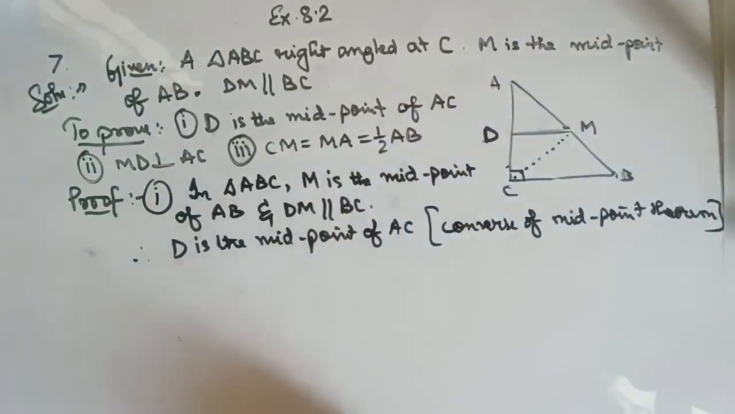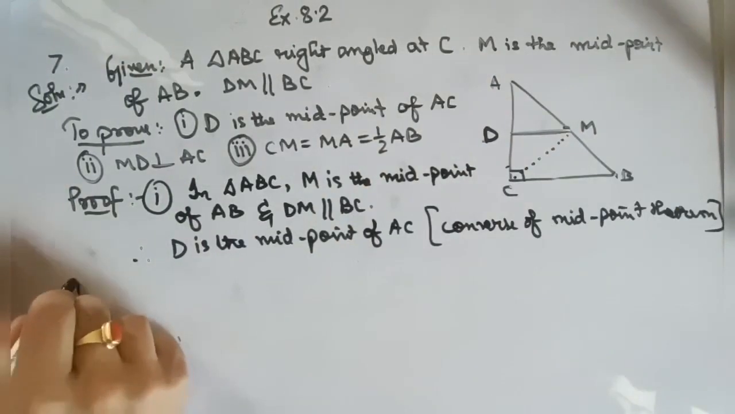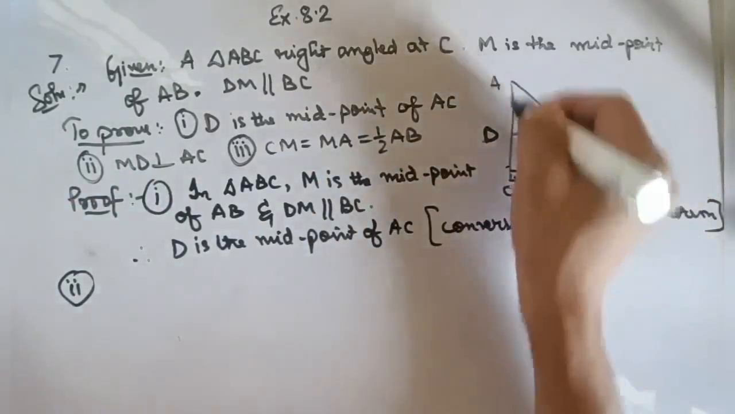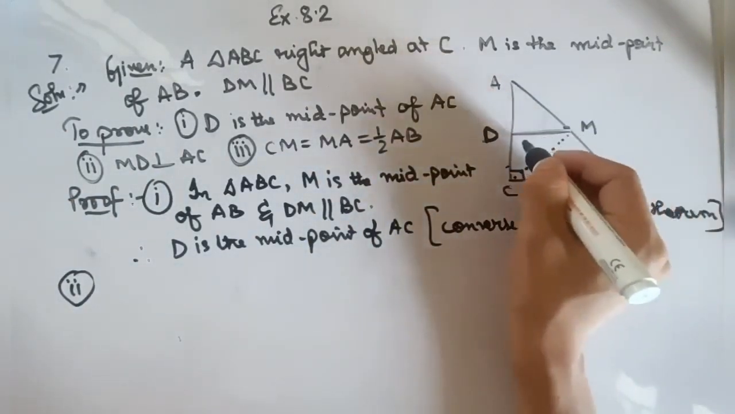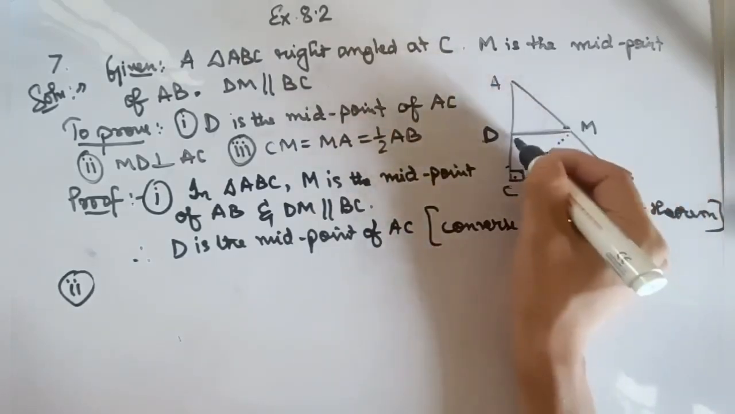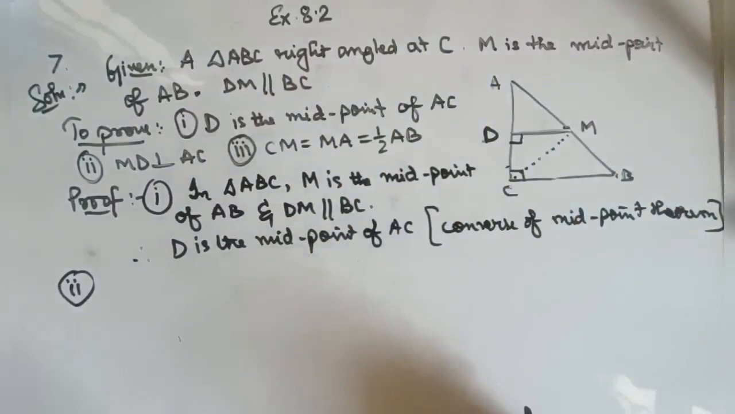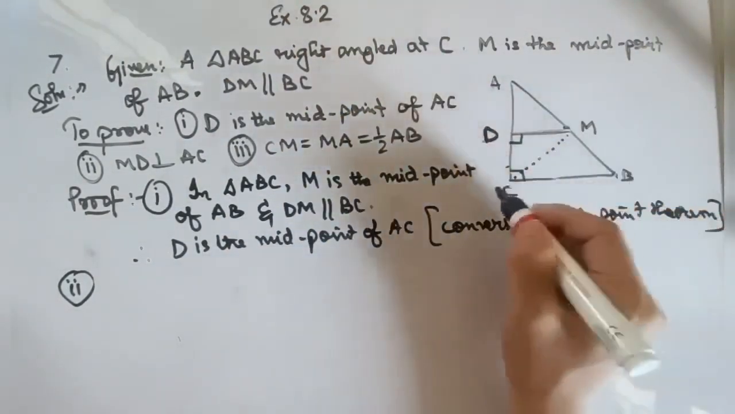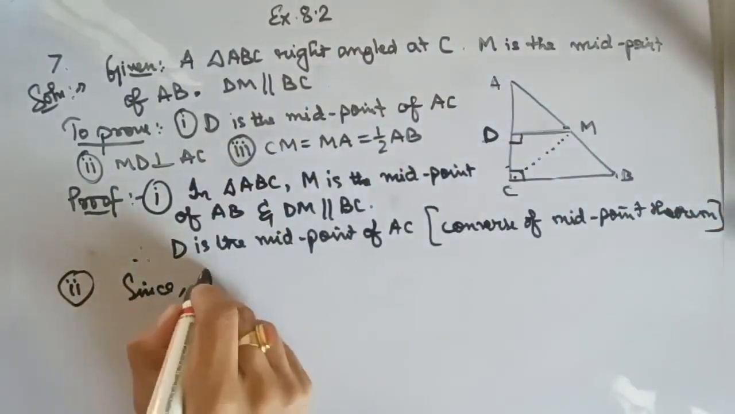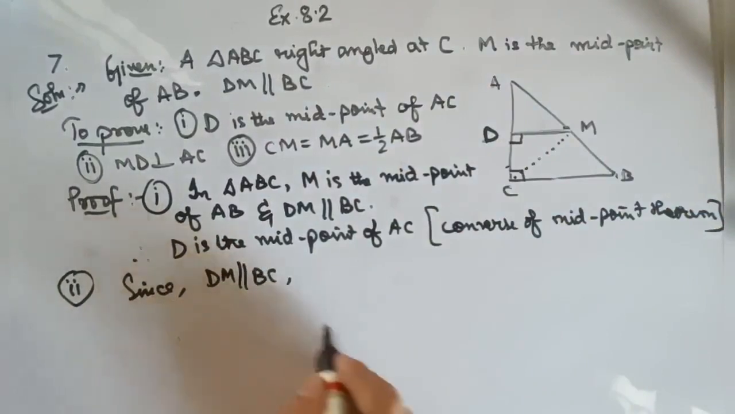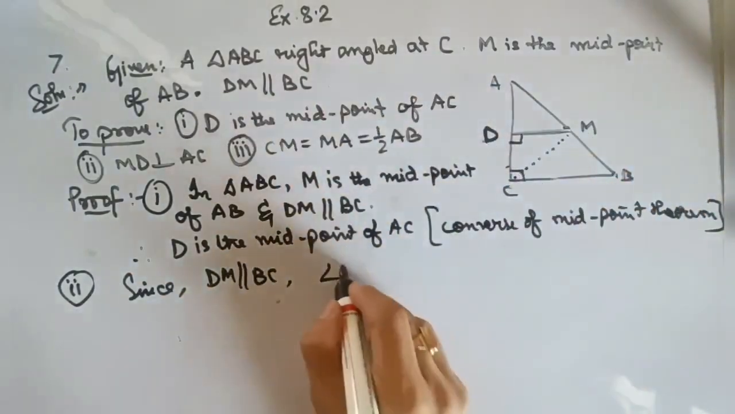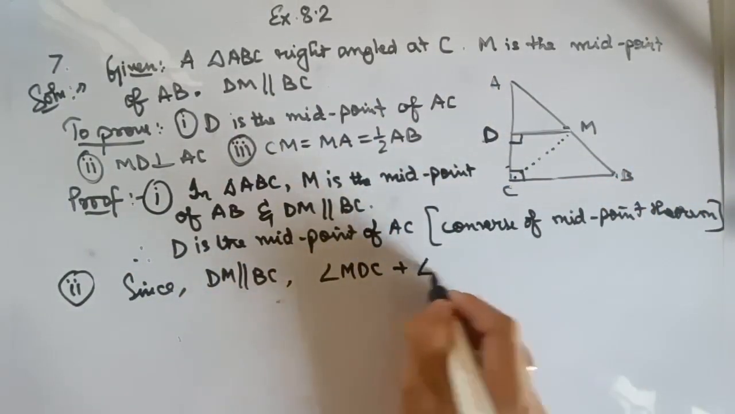Now moving on to the next proof, that is Roman number 2. We have to prove MD is perpendicular to AC. If we can prove that the angle MDC is equal to 90 degrees, then we can easily say that MD is perpendicular to the side AC. For that, we know that DM is parallel to BC. So, since DM is parallel to BC, measure of angle MDC plus measure of angle BCA